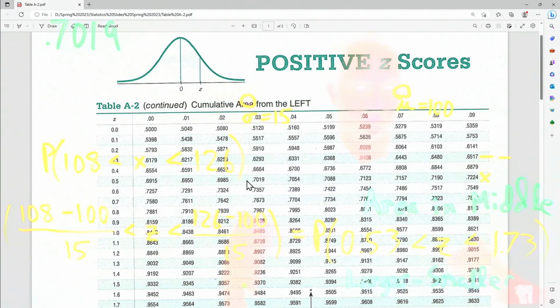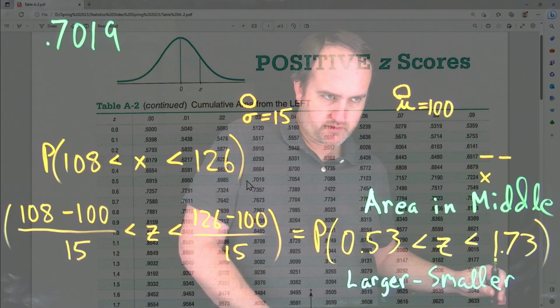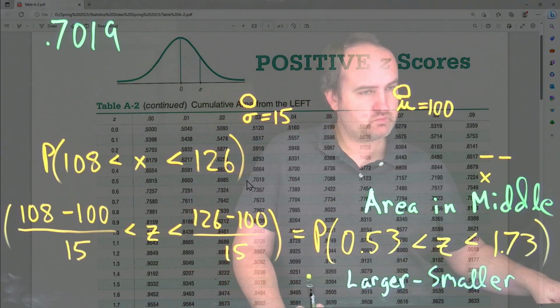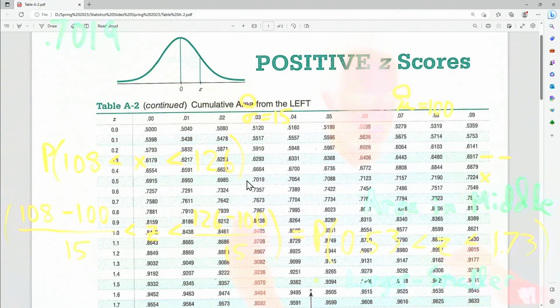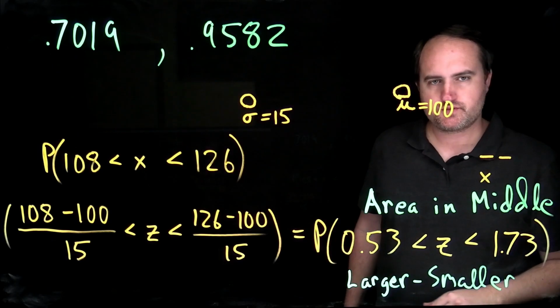And then for the other one, for 1.73, your row should be the first 2 digits. So your row should be 1.7, which is positive, and then your column should be 0.03. Okay, so 1.7 is our row, which is down here, and then our column is 0.03. So the second area that you should have gotten here is 0.9582. Okay, and then if we return to our work here,